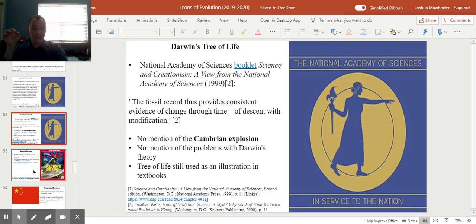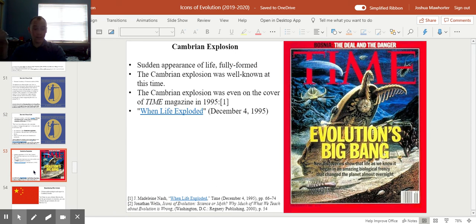But remember, 1999, they're still producing this from the National Academy of the Sciences with our tax dollars, really basing it off of more of Darwin's theory of the branching tree of life, not mentioning the Cambrian explosion, not mentioning the problems, not mentioning the major changes. But Time magazine is talking about this, about evolution's Big Bang. The Cambrian explosion was on the cover of the 1995 issue on December 4th, When Life Exploded, Evolution's Big Bang,